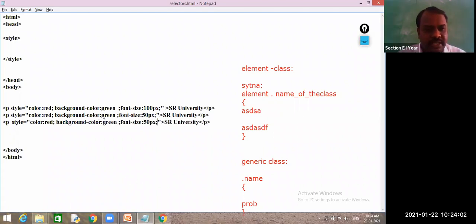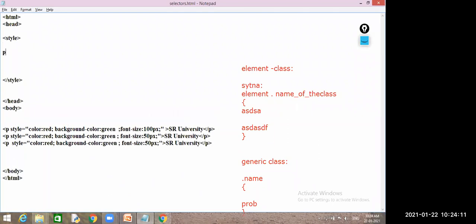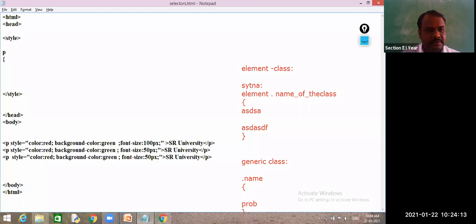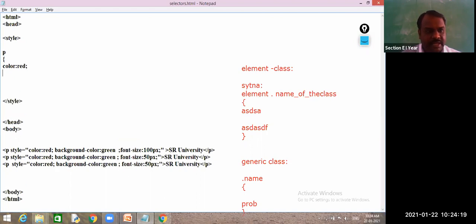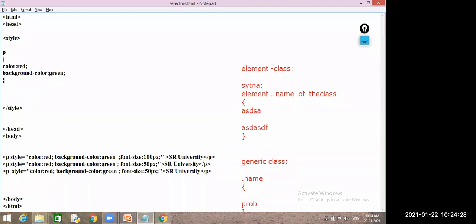See, so in this case, can I go for the element selector? No, sir. See here, I have written paragraph and the style for paragraph. This color is red, and the background color is green. So I can write like this.